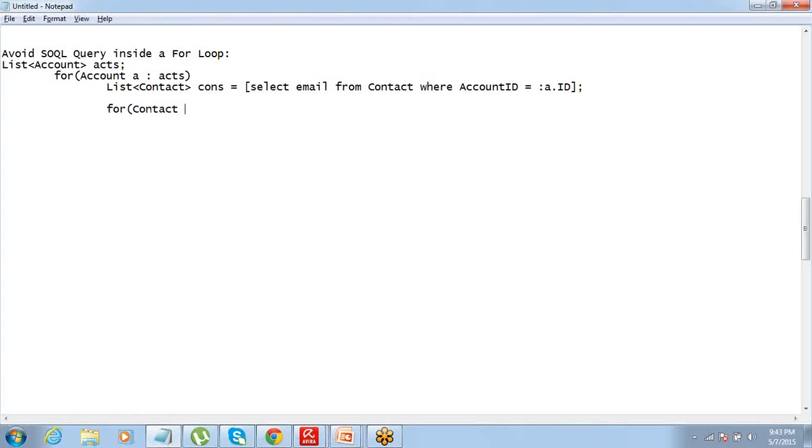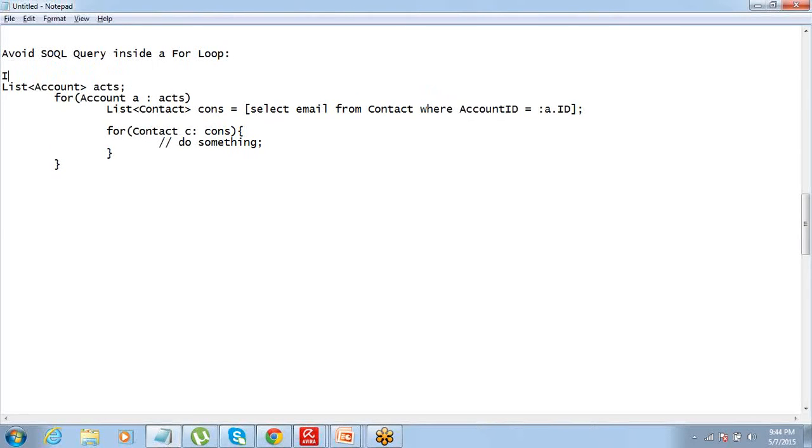Let's say for contact c in cons, do something. Okay, come out of this for loop. So now this is inefficient coding.